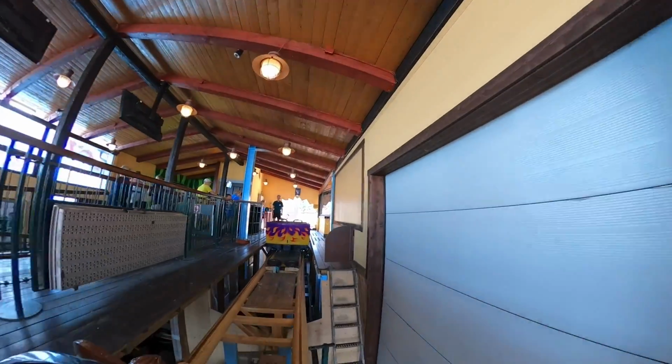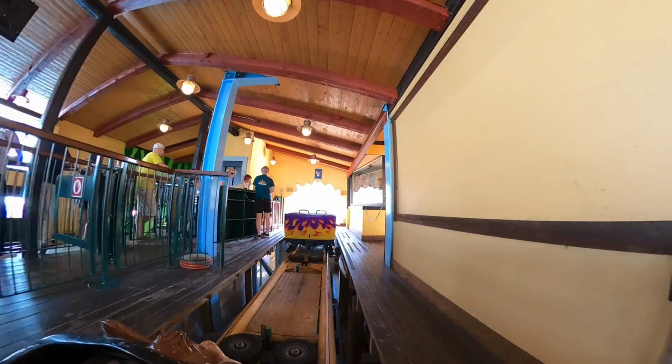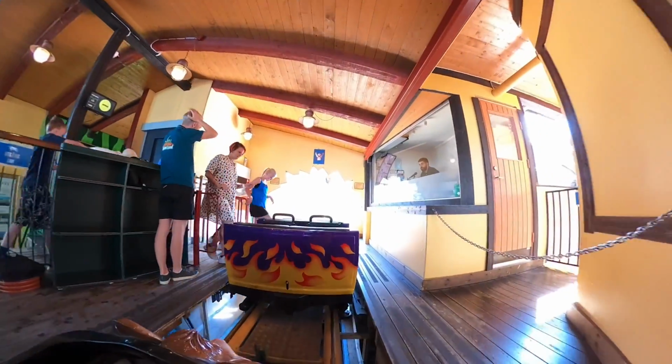Whew. Hope you like the view of Vilda Musen here at Gröna Lund. Awesome park, awesome roller coaster. And there's